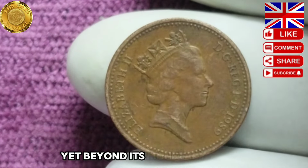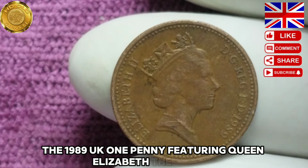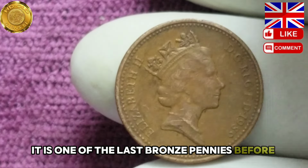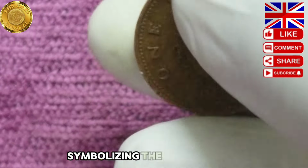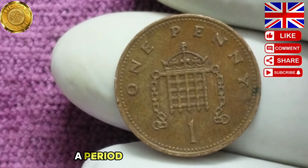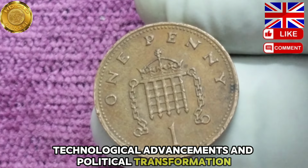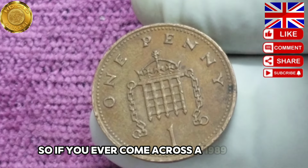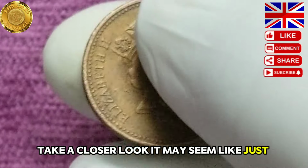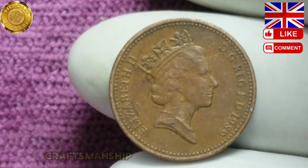Yet, beyond its monetary worth, the 1989 UK one penny featuring Queen Elizabeth II represents a unique moment in time. It is one of the last bronze pennies before the material change, symbolizing the end of an era. It is a coin that connects us to the late 1980s, a period of economic shifts, technological advancements, and political transformation. So, if you ever come across a 1989 UK one penny, take a closer look. It may seem like just another coin, but within its copper surface lies a story of history, craftsmanship, and a